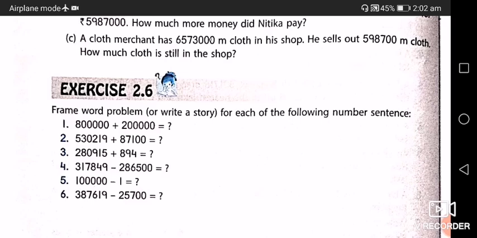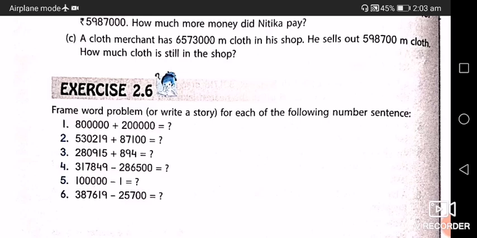One word problem I will tell you regarding this. Atul had 1 lakh marbles in his box. If one marble is lost, then how many marbles are still left in the box? So yet another easiest one I have told you. These kinds of word problems you can frame.